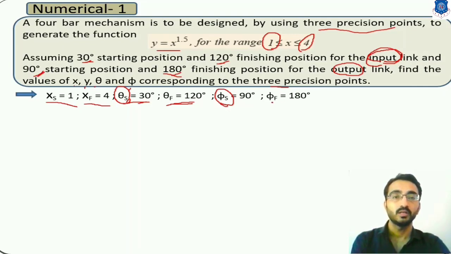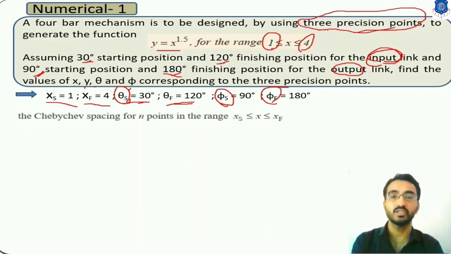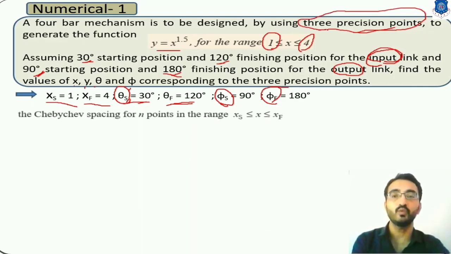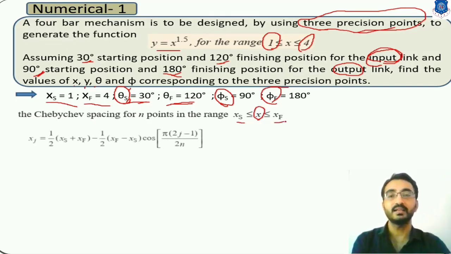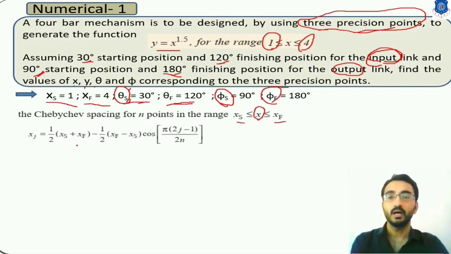Okay, so now by using this data we have to calculate 3 precision points. To calculate precision points we have learned the Chebyshev spacing equation. In the Chebyshev spacing equation, what we have learned is that if you want to calculate the various values of x for a range of xs to xf, then the equation for getting precision points is xj